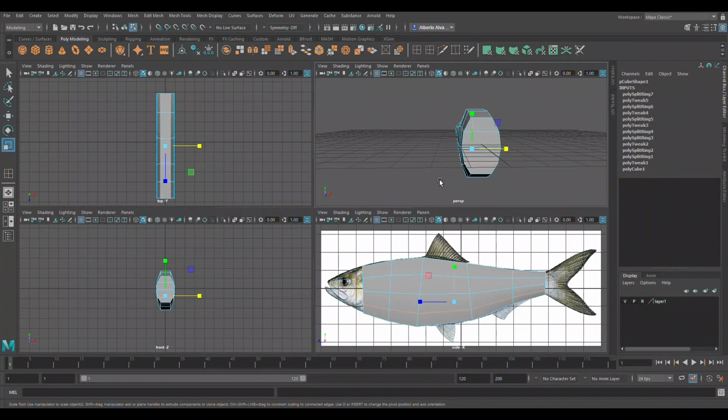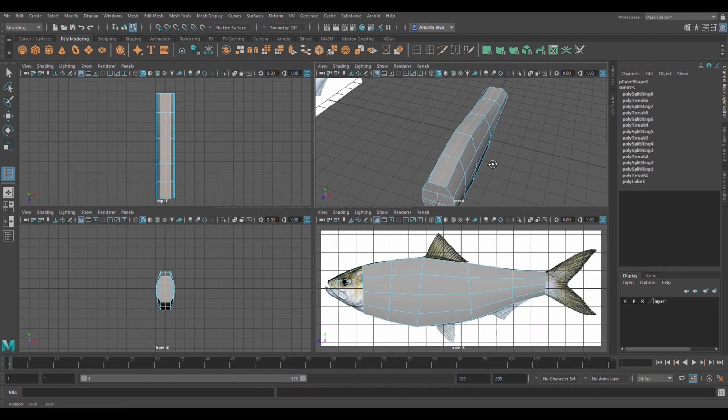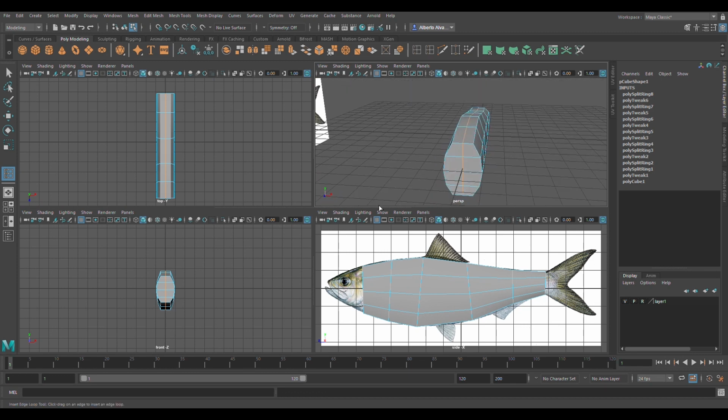The last line that we have to add at this point is going to be the vertical line. So go back to insert edge loop tool. You can do over the top Y view and just put one somewhere in the middle here. What you're doing is you're adding one on the top. Now to put that perfectly in the center, we're going to go to the move tool, and while holding X,